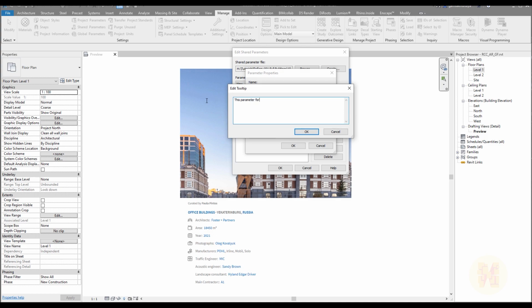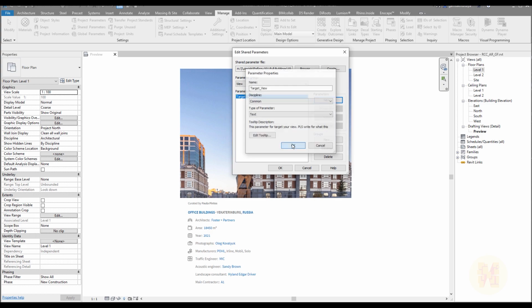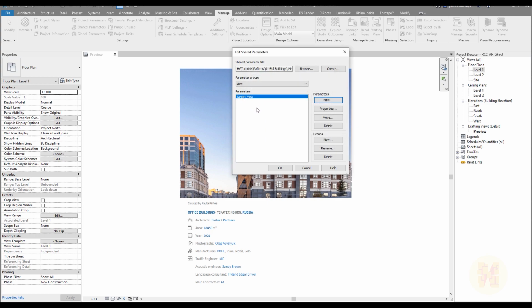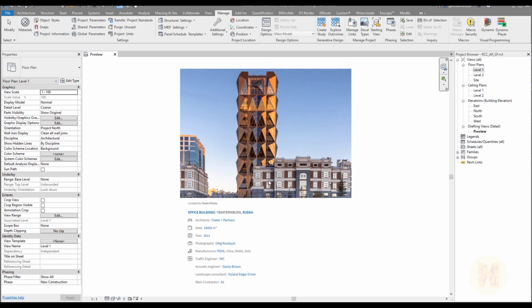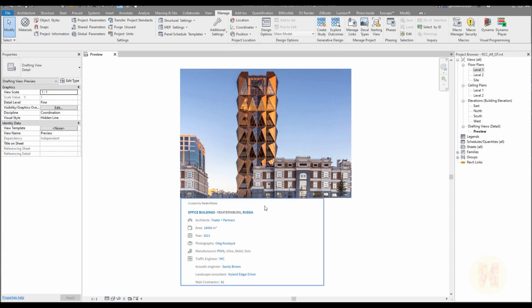parameter for target view. Please write what this view is for. I don't know, something like that. It's only for you or for your colleagues, because they will understand what you're using this parameter for. Let's say OK, but actually this parameter doesn't do anything right now, because you should load it inside of the